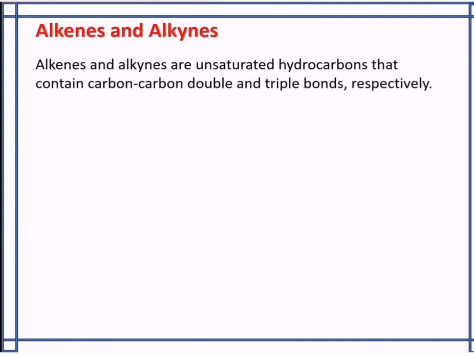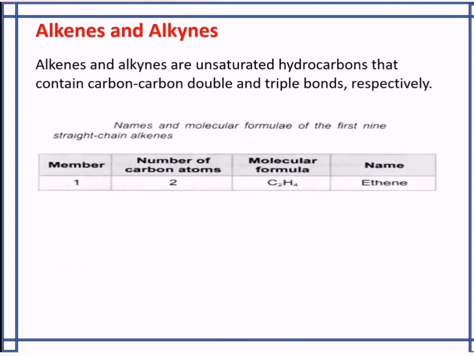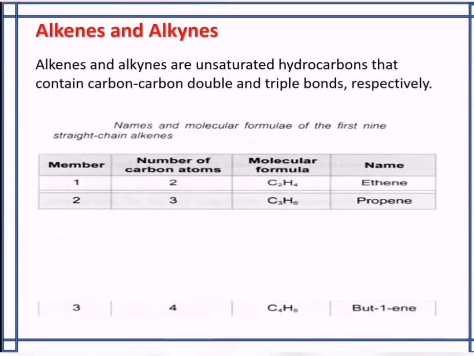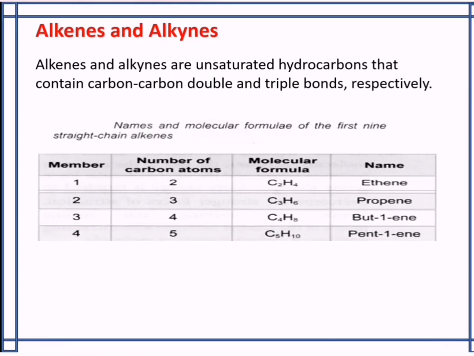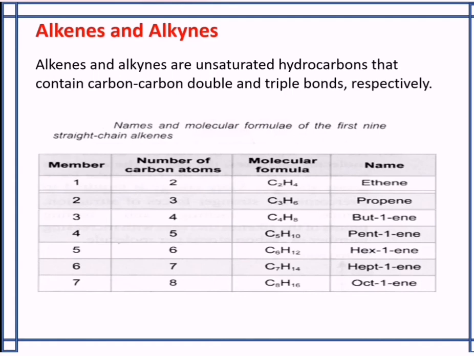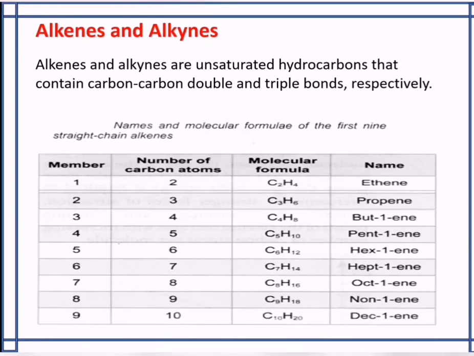The first 9 straight chain alkenes are ethene, C2H4, propene, C3H6, but-1-ene, C4H8, pent-1-ene, C5H10, hex-1-ene, C6H12, hept-1-ene, C7H14, oct-1-ene, C8H16, non-1-ene, C9H18, dec-1-ene,